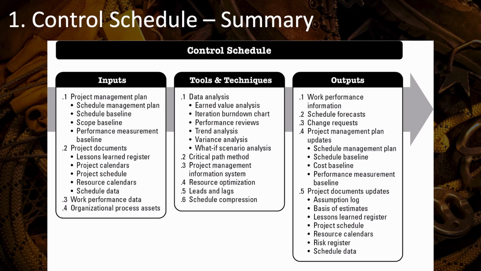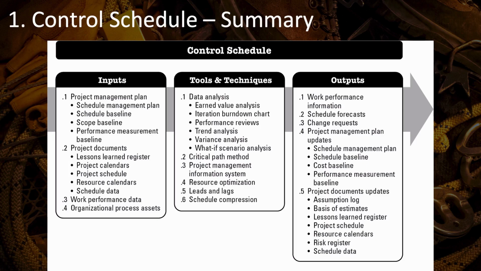The tools and techniques include several data analysis tools, including earned value analysis, the iteration burndown chart, performance reviews, trend analysis, variance analysis, and what-if scenario analysis. Also the critical path method, your project management information system and its scheduling tools, resource optimization, adjusting leads and lags,